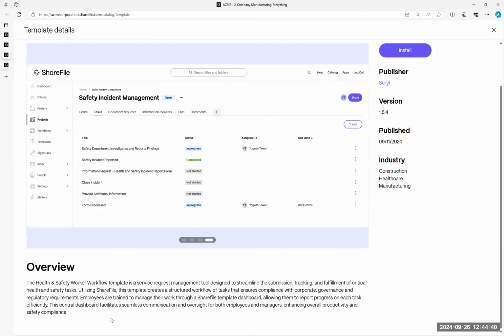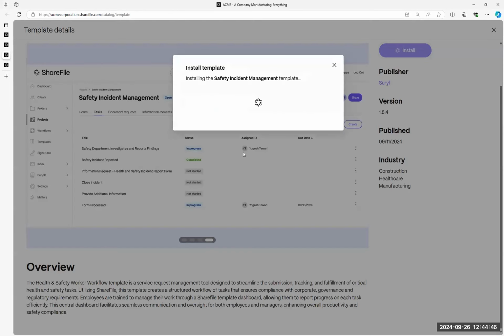Again, we get our little description, and we simply click Install to populate this into our list of templates that we have in our ShareFile. So two key points here. Number one, this template catalog is going to continue to grow over time. It's still in the early stages, so we've got some basic ones that are the absolute most common, most useful